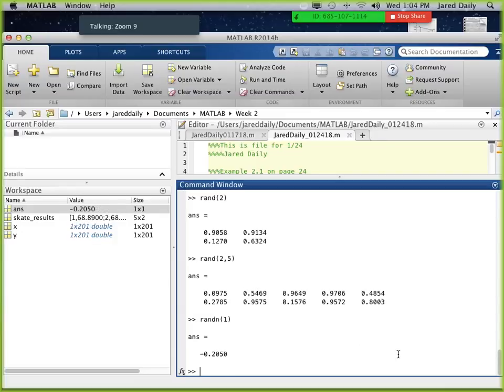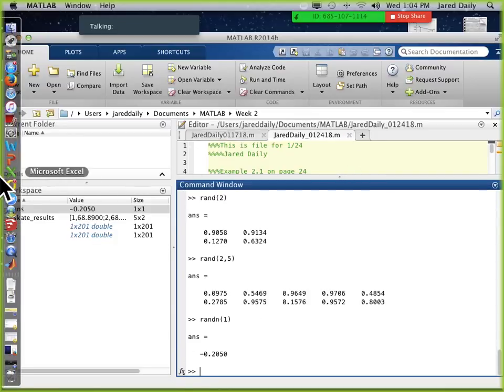So why is this any different? This one creates a random number which is on a Gaussian, or sometimes called a bell curve, kind of scale. So in this case, if you look at a Gaussian curve,